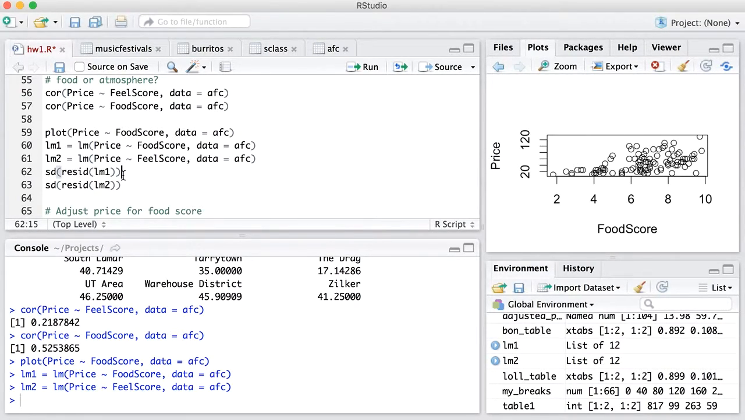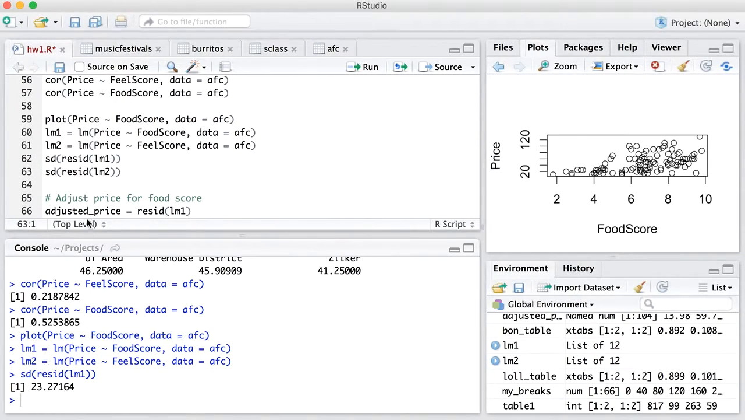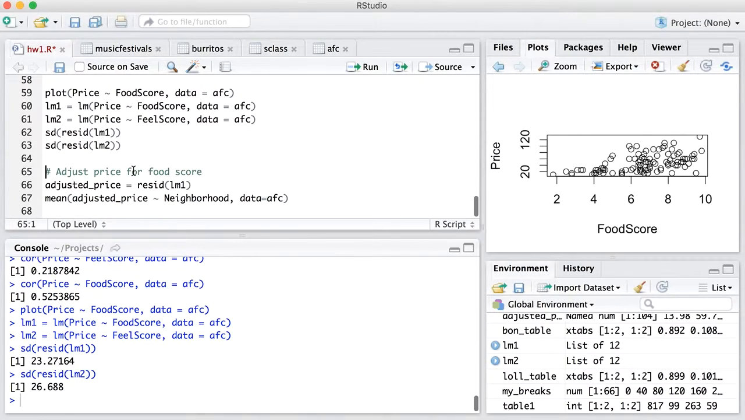So it looks like the standard deviation of the residuals for the food score model is about 23, whereas the standard deviation for the residuals of the feel score model is about 27. So that's giving you a notion that this first model has a lower average residual and therefore probably is a more accurate prediction. So 2 different ways to quantify the same effect. There seems to be a lot more information in the food for predicting the price than the feel. Okay, then the final thing to do was to take a